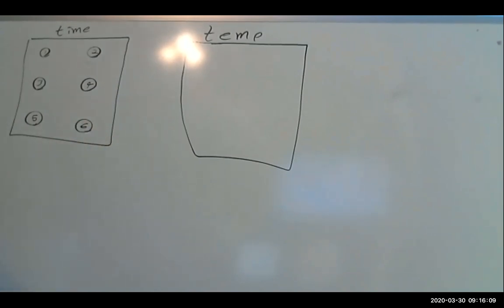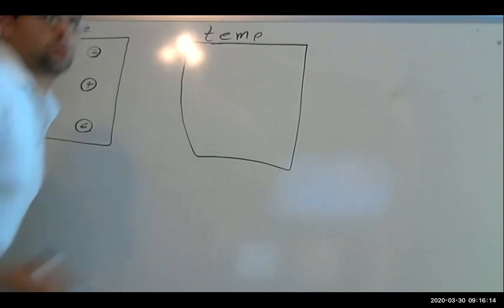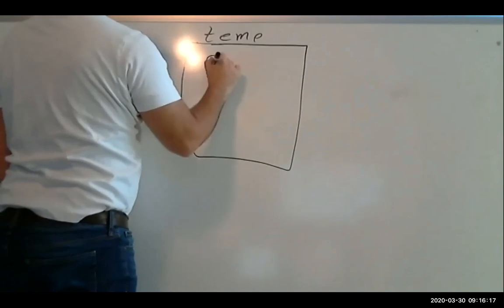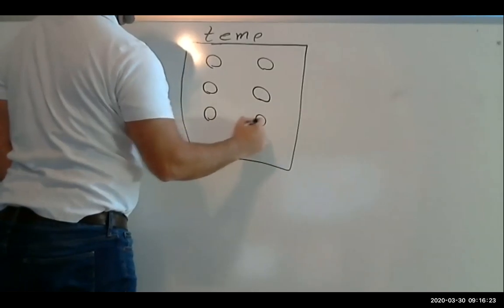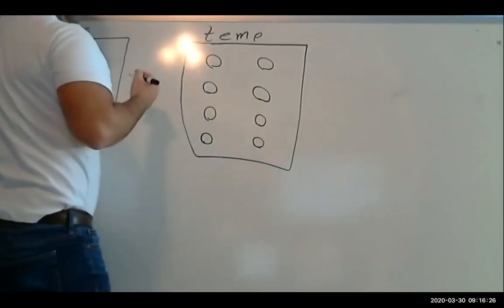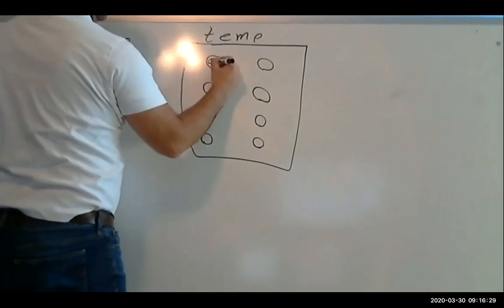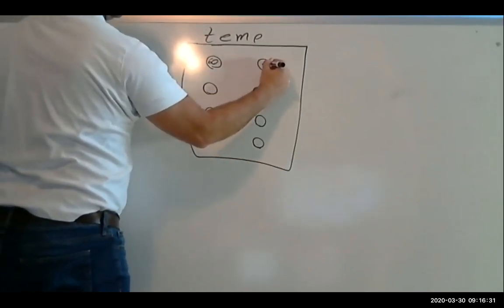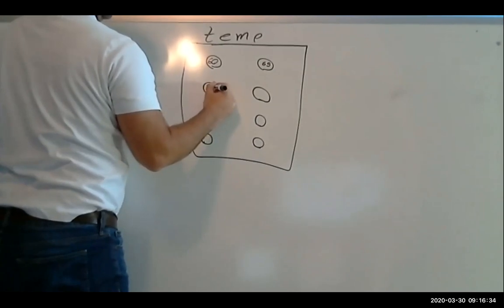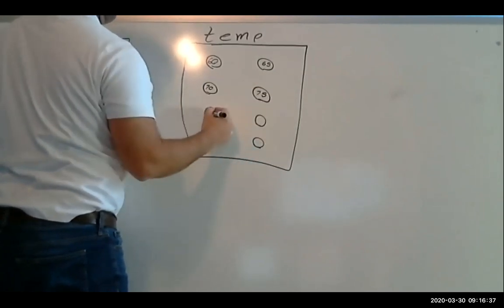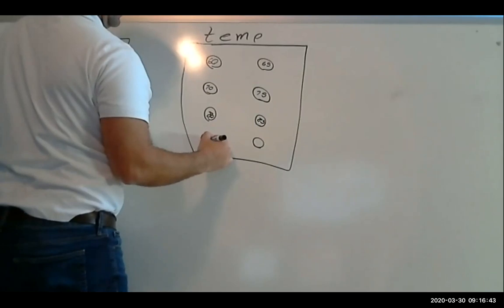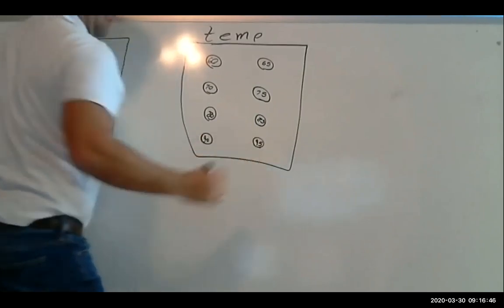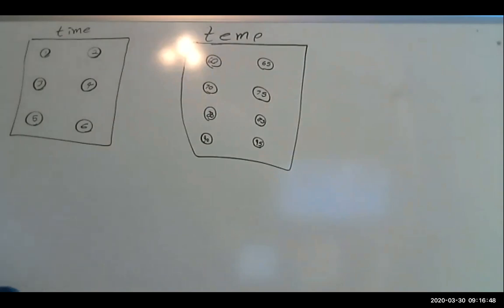We've labeled a couple times here. And we're going to have some temperatures over here. So let's say 60, 65, 70, 75, 80, 85, 90, 90. All right, so